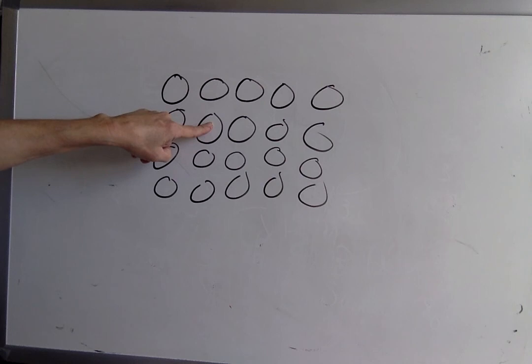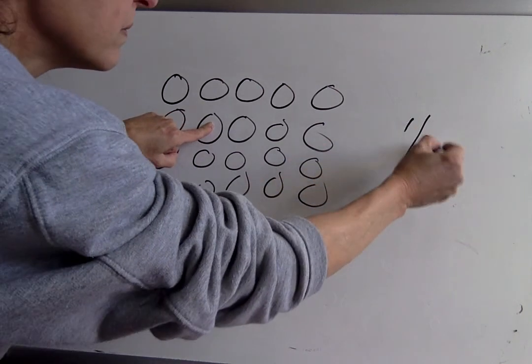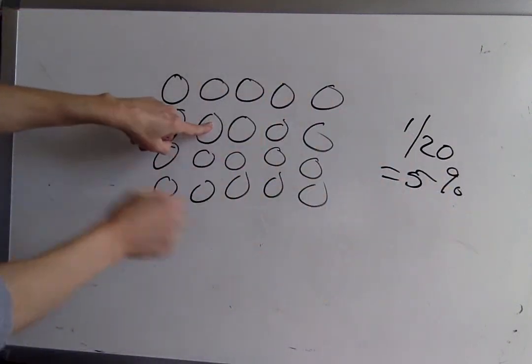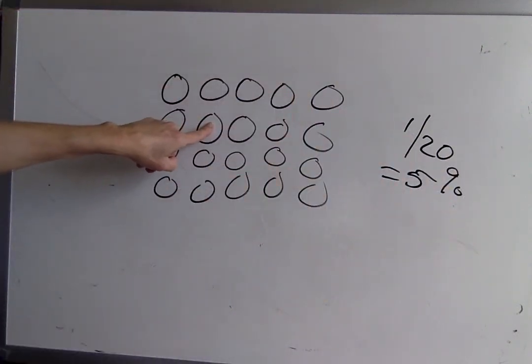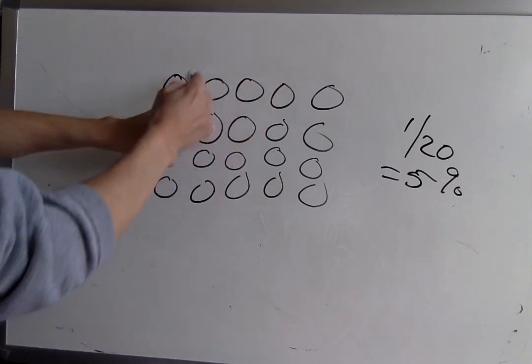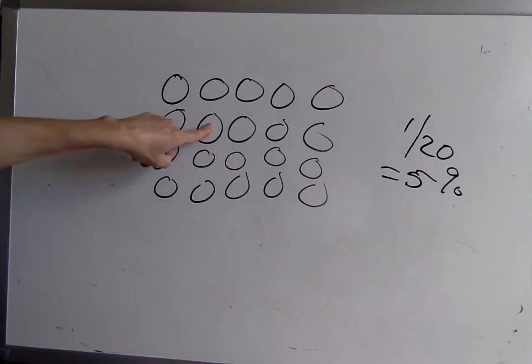Well, golly, 1 out of 20. 5% chance I actually picked the winner, right? Yeah, I'm not feeling very good about winning the car. There's a 5% chance that I actually picked the winner because there's 20 circles. 1 out of 20 is 5%, right? I'm pretty sure the winner is probably going to be somewhere else because I'm not that lucky. Meaning there's a 95% chance the car is somewhere where my finger is not, and there's a 5% chance it's